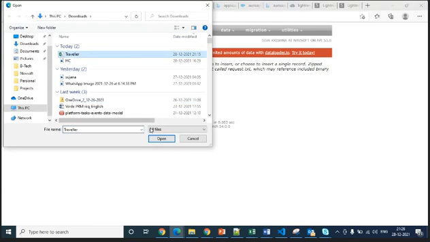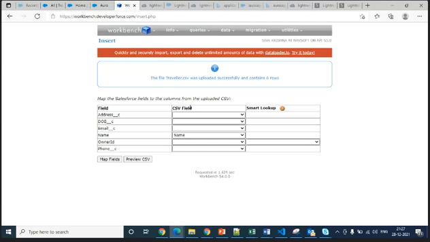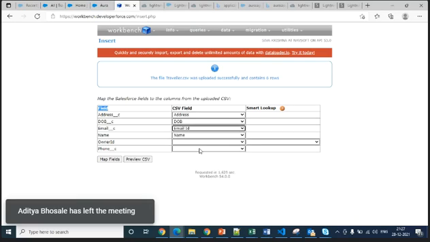Then click it, choose your file and upload it. Then click next. It will show the fields: this is the CSV columns, and this is the Salesforce columns. Now you can select them: address equals address, DOB equals DOB, and email equals email.